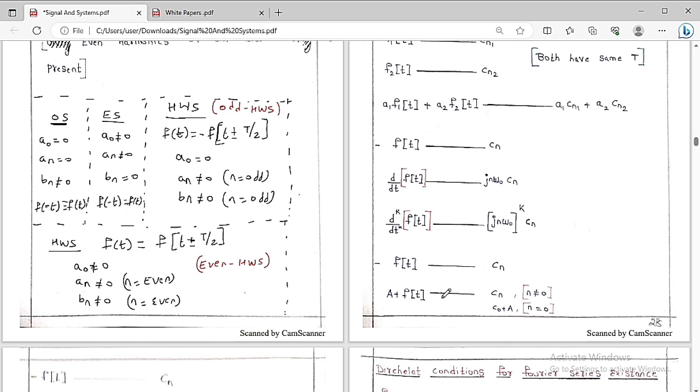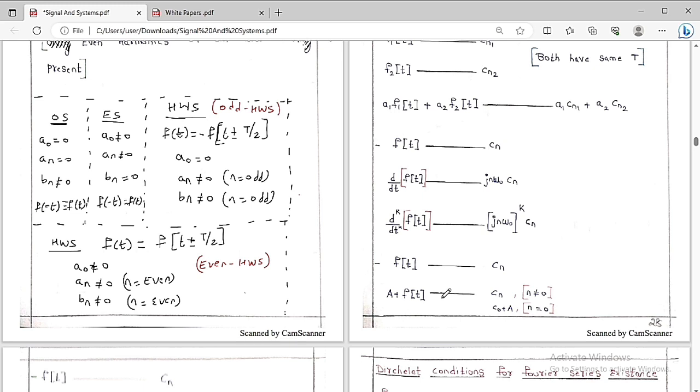Then this resultant signal will have the Fourier coefficient Cn for n not equal to 0, and for n equal to 0, its Fourier coefficient is C naught plus A, because then the DC terms are going to get added and the remaining terms will remain as they are. Whenever you add a constant to f of t, you are basically shifting the signal either upward or downward. The Fourier coefficient will remain as it is for n not equal to 0. Only at n equal to 0 are the DC terms going to get added,